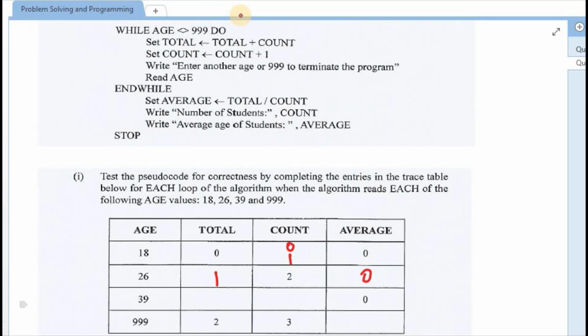All right, next one. The second user entered the age 26. So to find the total, it would have been last value for total plus last value for count. So that would have been 1 plus 2 in this case, which gave us 3. Last value for count plus 1 was 2 plus 1, which gives us 3 right here, and they cancelled out the